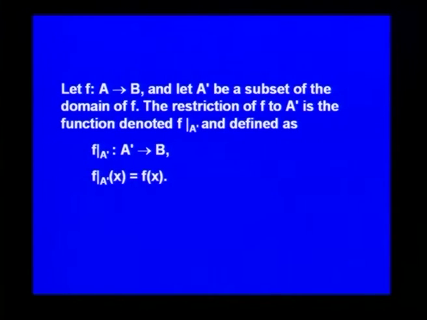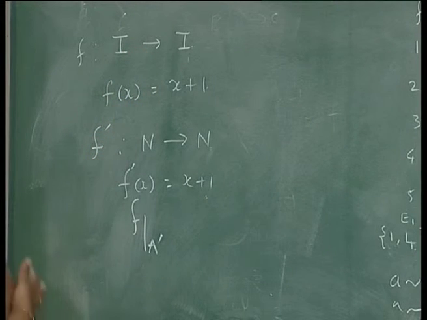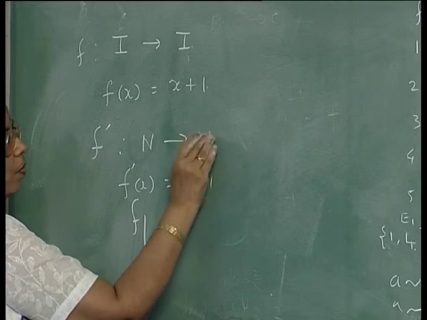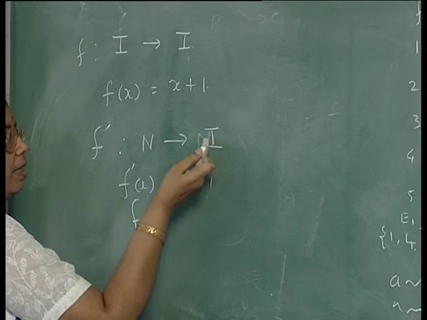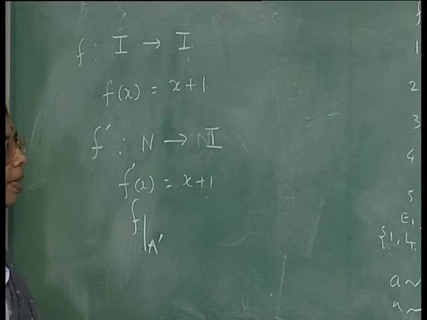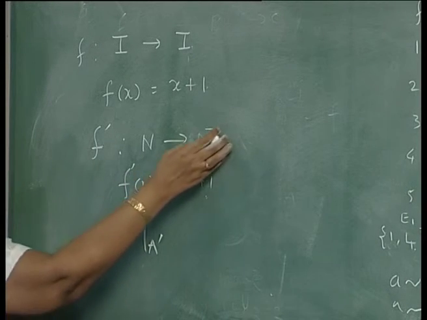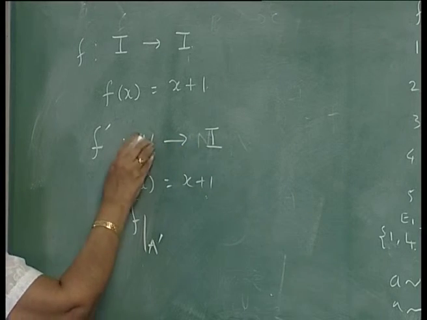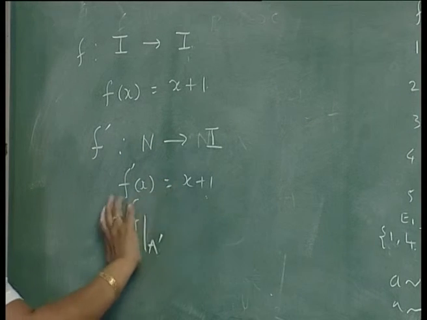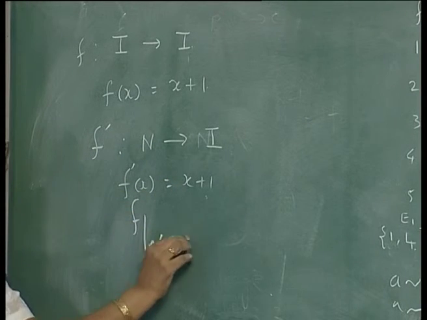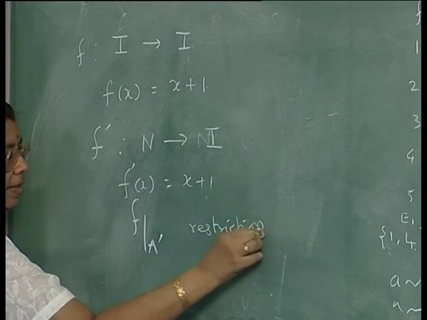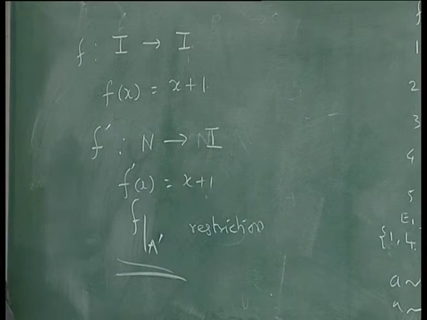As in the case, instead of defining from integers to integers, you can restrict the domain. You need not restrict the codomain. The codomain can still be the integers, but it does not matter. It will be mapped on to only non-negative integers. So, you need not change the codomain, but the domain you are restricting. N is a subset of I. If you restrict and you define the same map, this is called a restriction. You are restricting the domain, that is all, and it is usually denoted in this manner.